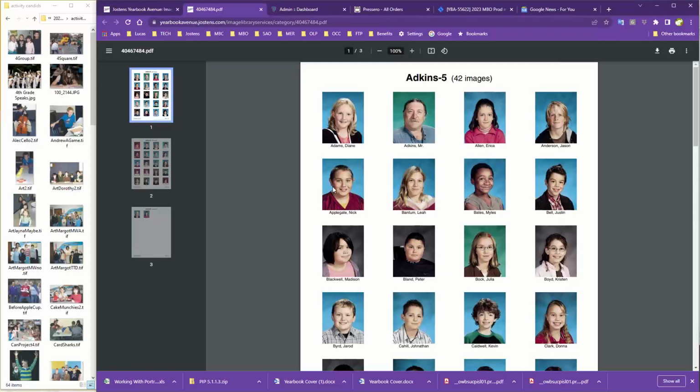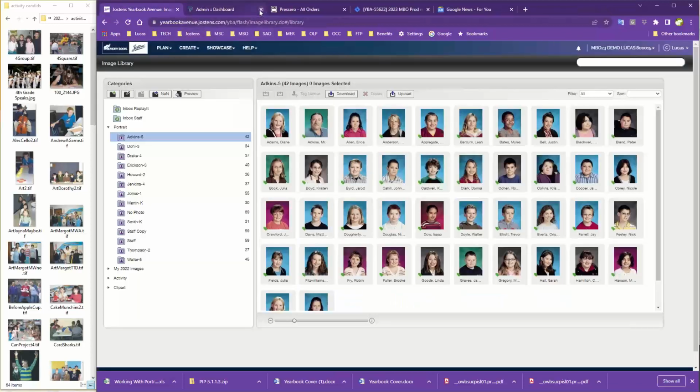So let's pretend that this got marked up, who's who, is everyone in the right class, names, and so on. So I'm going to close out of that. Okay, so once you get your list back, here's where you can come back through. One of the easiest things to do, if you have students that are in the wrong classes, maybe you need to move just a few students around,